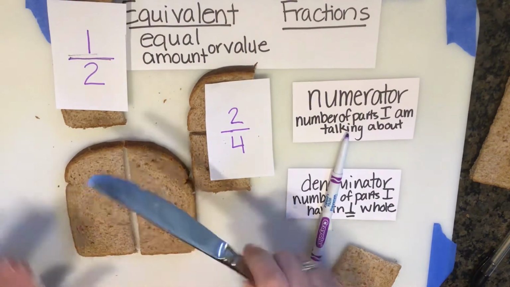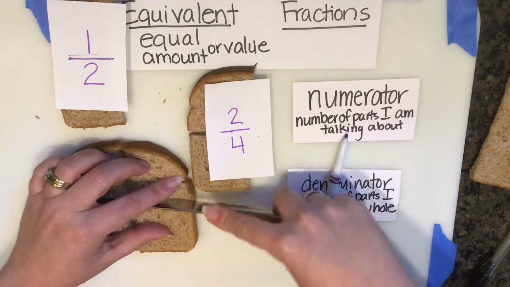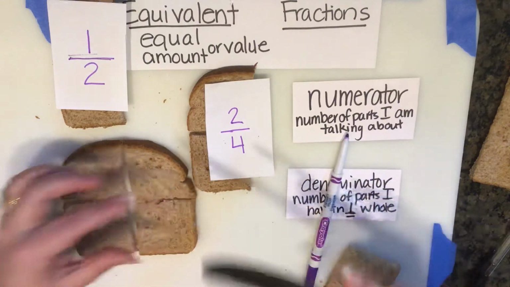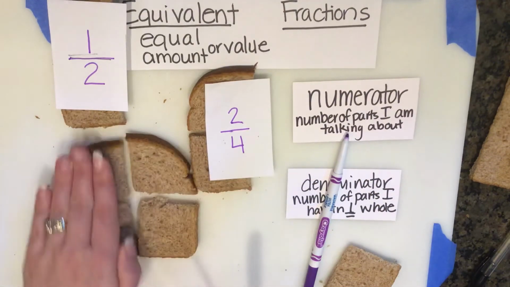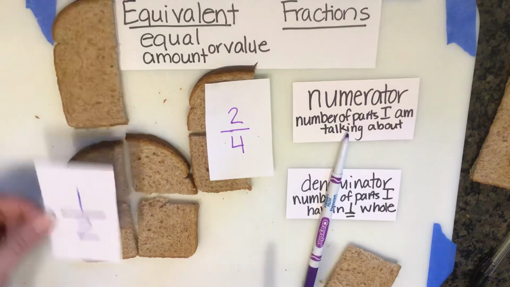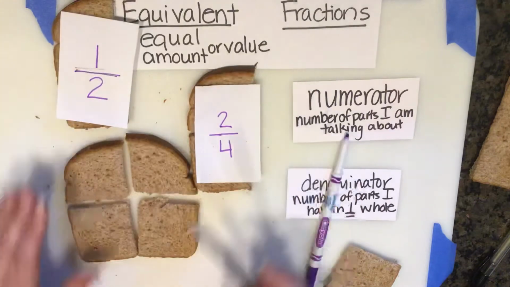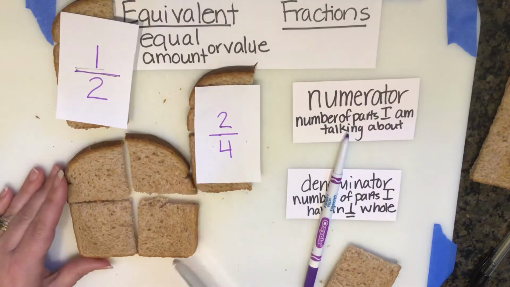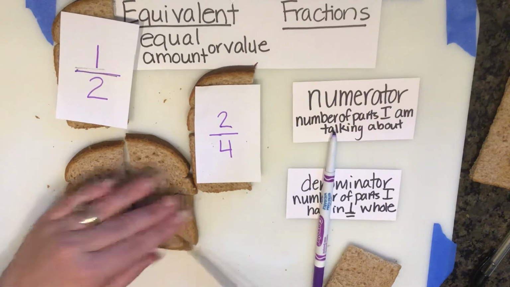I'm going to do just what I did last time, and I'm going to cut them into fourths. Okay? Is there another way that I could still give somebody this amount of bread to eat? Remember, a half of the bread or 2/4 of the bread, but I can cut it into more pieces, right? So I'm going to cut each one into kind of triangles,